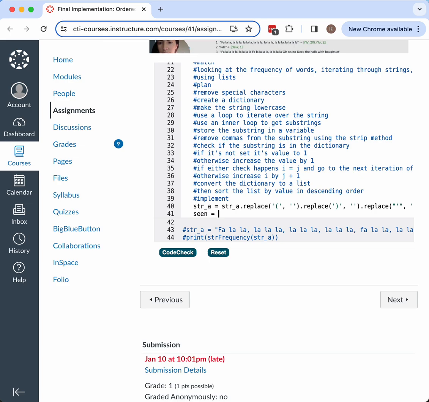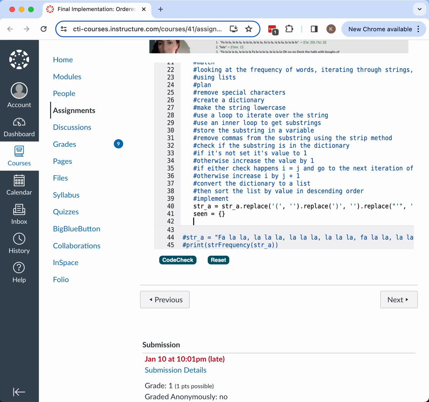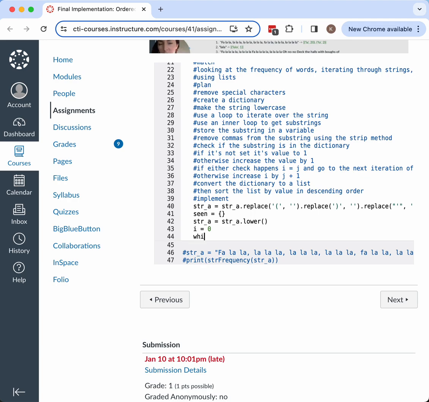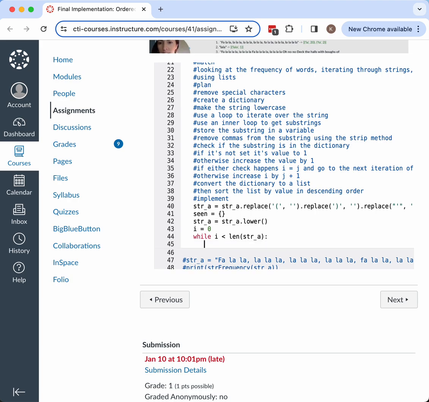Then we create a dictionary, we can call it scene. Then we make our string lowercase. So i equals 0. And then for the outer loop, right? So while i is less than len strA, so we just want to iterate over the string that we're given. Then we use a second inner loop, so j equals i. And so while j is less than len strA, so we don't go over the length of our string,